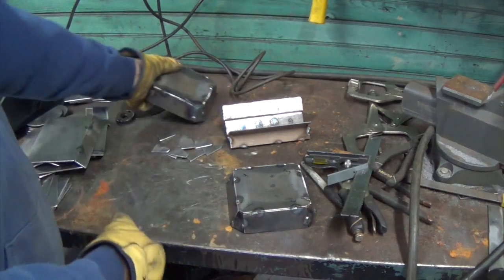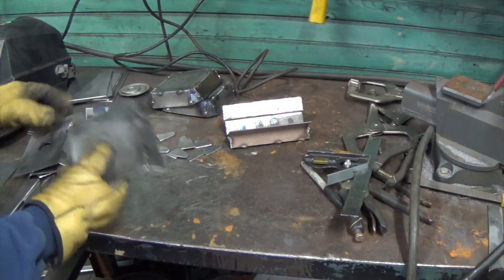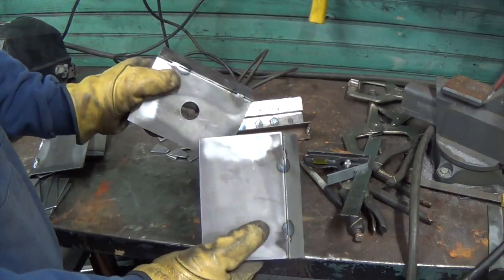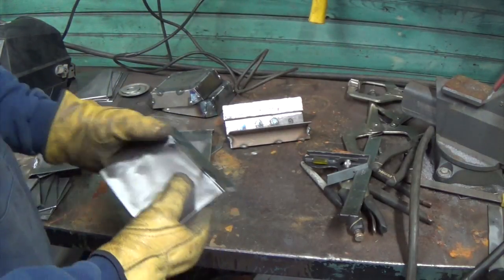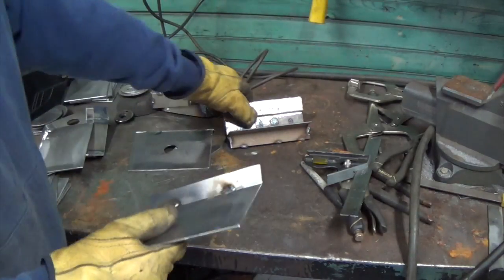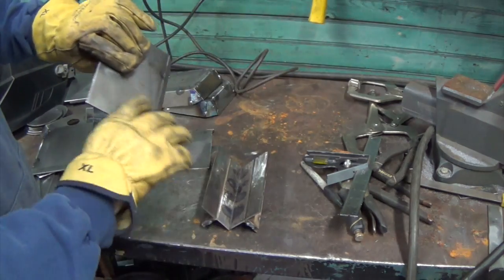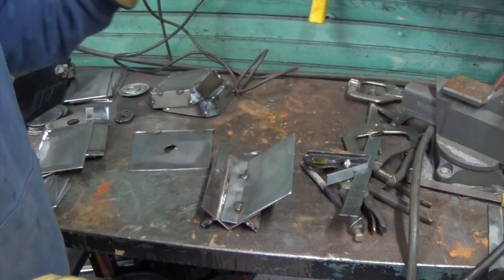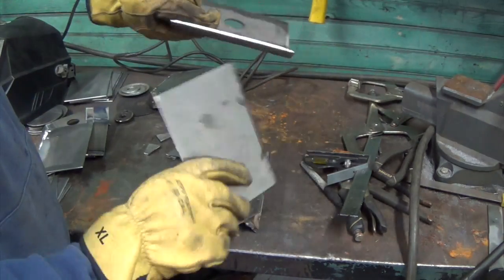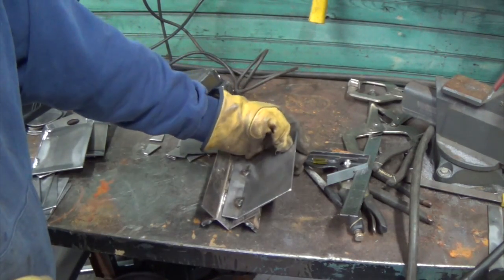So, I already put these 45s on the sides of the box. My jig had me tack them on the inside, or outside rather. However, this jig that puts these pieces together needs a smooth surface on the outside. So I went ahead and tacked them on the inside, all of them, and then ground these ones on the outside off. I like to use this jig or a jig like this,